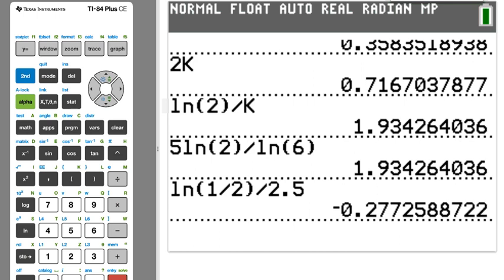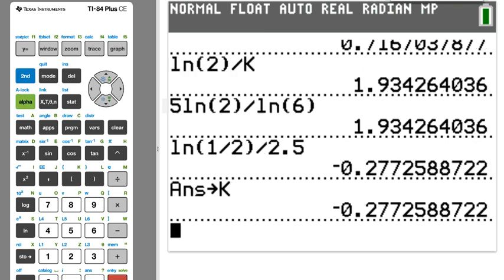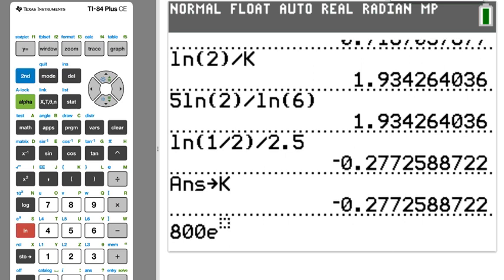Okay, let's store that. So we press store, alpha, k, enter. And now what we're going to do is 800 times e to the k